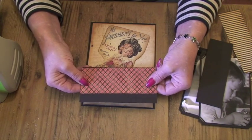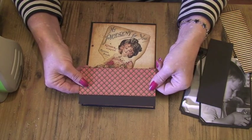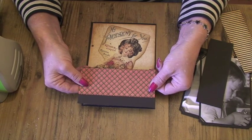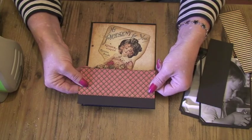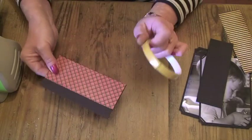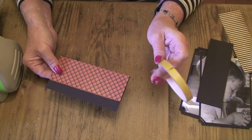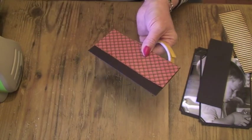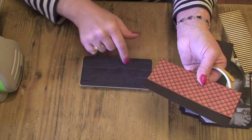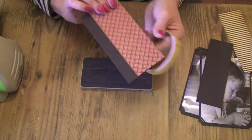And we're going to put that through the crocodile. And we're going to put that through the, I use my Cuttlebug using the on the edge die. So let me show you how to line that up. We're also going to use some double-sided tape. This is just thin double-sided tape that's quite easy to rip, just to hold it in place. So the die, I want to use one cut from each of the two edges. There's two file tabs on here, and I'm going to put